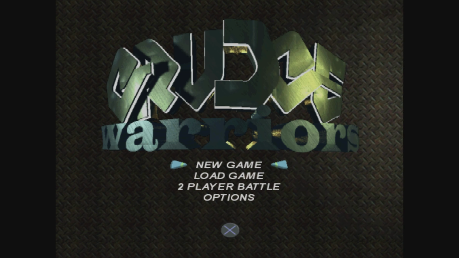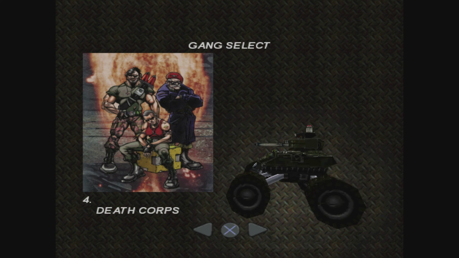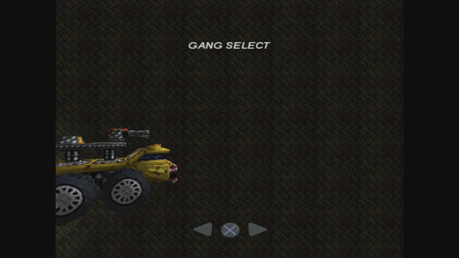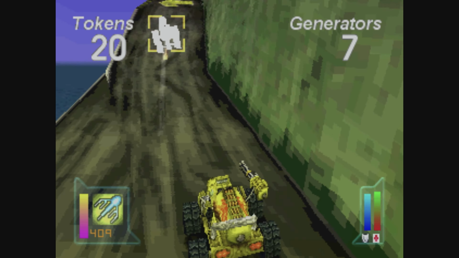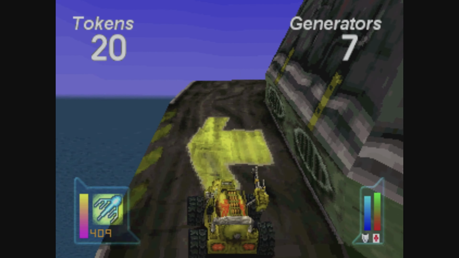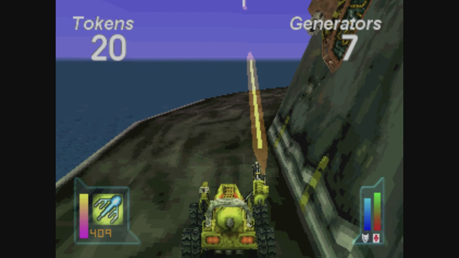Another craze going around this time was the vehicular combat game craze, with games like Twisted Metal and Vigilante 8 letting players take control of crazy violent vehicles and blast the hell out of each other. Grudge Warriors is a similar kind of game where you choose from a ton of different teams of crazy characters with extremely 90s designs. These each have their own tank and you need to blow the crap out of everyone